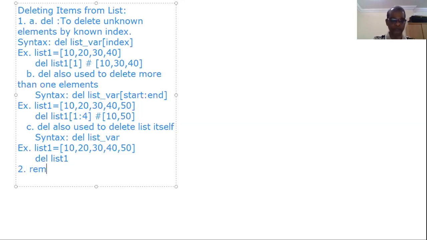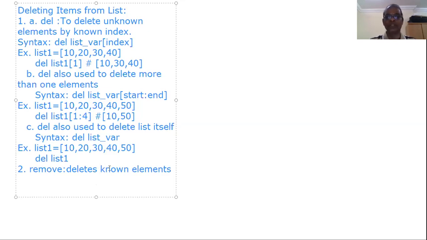remove. So already we studied that del is used to delete elements by known index. But remove deletes the known element. We know the element, so with the help of the element, we can delete the item. How? You will see the syntax here.